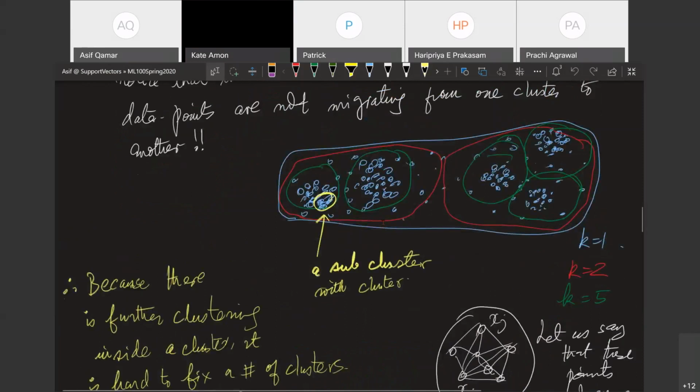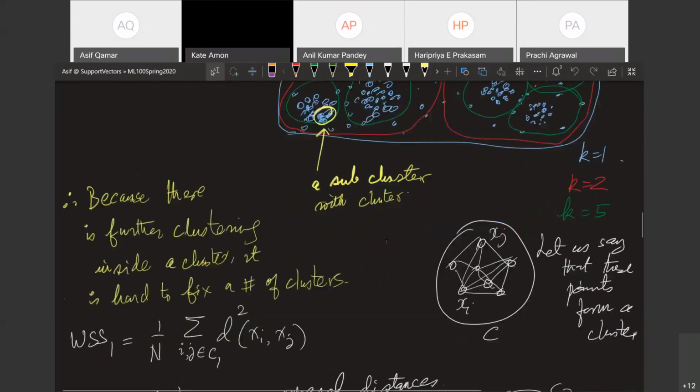Now, Asif, is the distance different when I use k-means versus k-median? No, you still use the Euclidean distance generally, and that is a very interesting point you raise. What is the notion of distance between 2 points? As far as k-means is concerned, it is silent on the question of distance. All it says is that so long as it agrees with the basic notions of distance, whether you use Euclidean, Manhattan, whatever it is, it doesn't matter. Any notion of distance.